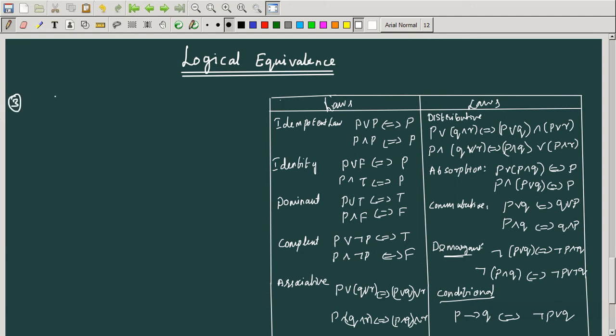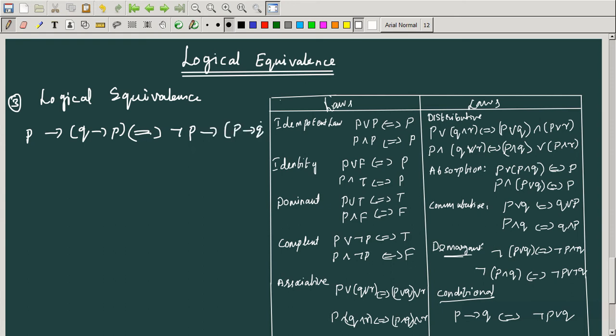Yes, third problem. This is the third type of method, that is logical equivalence. Prove that it's a logical equivalence: P if Q if P, it is somewhat very easy, if and only if negation P if P if Q. What you have to do, take this as LHS and this as RHS. It is the same way you apply for the truth table also. On the left side you have to prove tautology, as well as on the right side you have to prove tautology. This is the way you have to prove this problem.